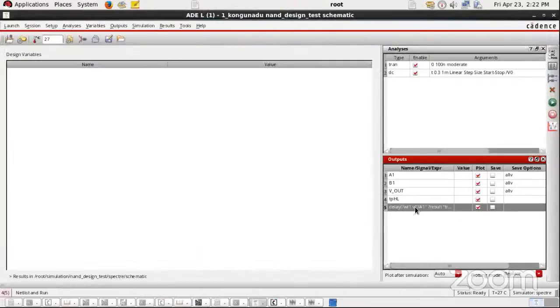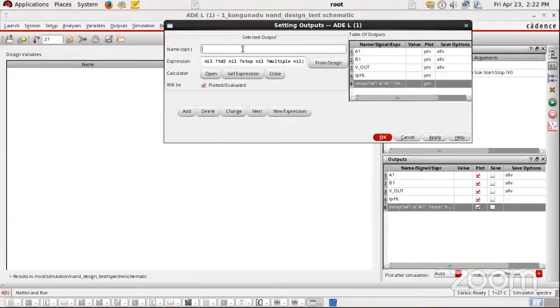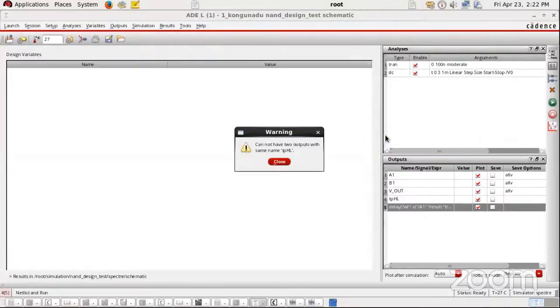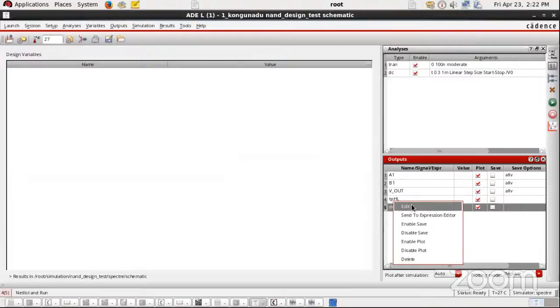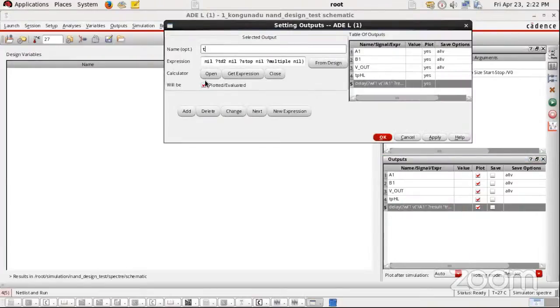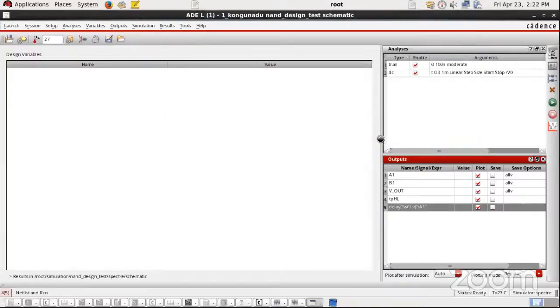So you can edit the name of this expression. I'll go for edit, and this is low to high transition, right? So I'll type TPLH, and click on OK. Right. Now, if you wish to calculate the average propagation delay, I'll go for